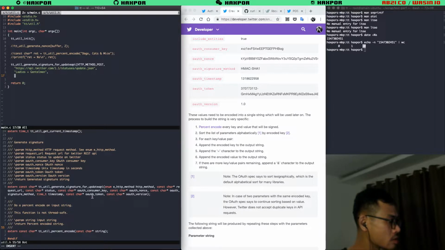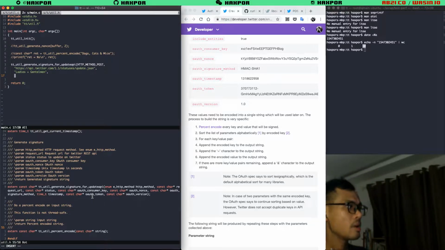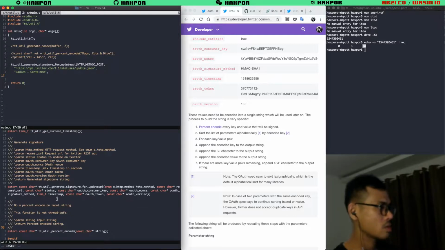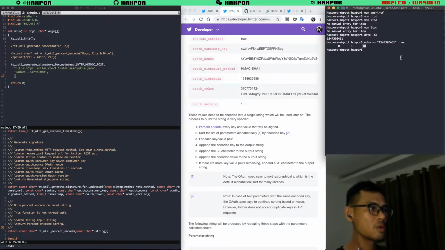OAuth token here is, I cannot show on stream because it's very private, you should keep it to yourself and not let anyone else see it. In this case, I'm going to read from your system environment variable. So I'm gonna define the environment variables for OAuth consumer key and OAuth token here off the screen. You don't see it on the stream. But basically, you're gonna modify the file here, bash.